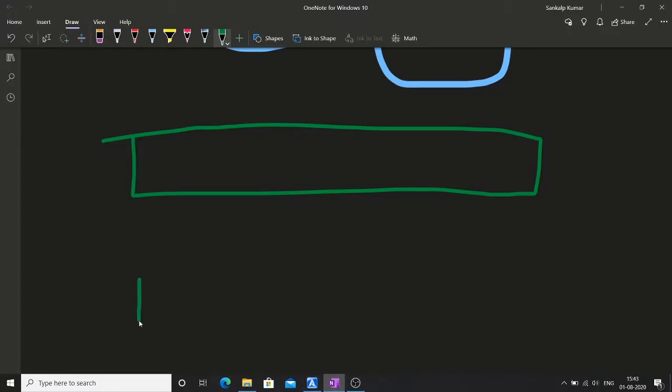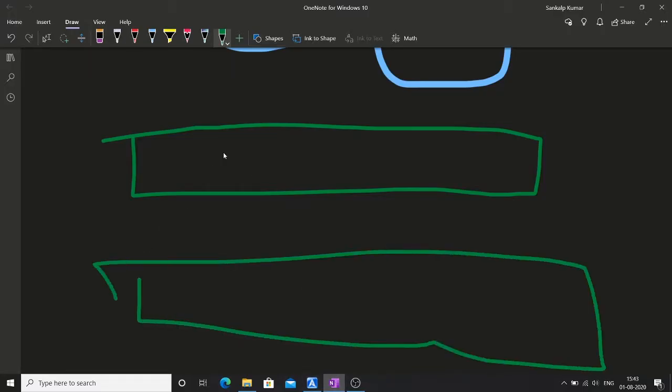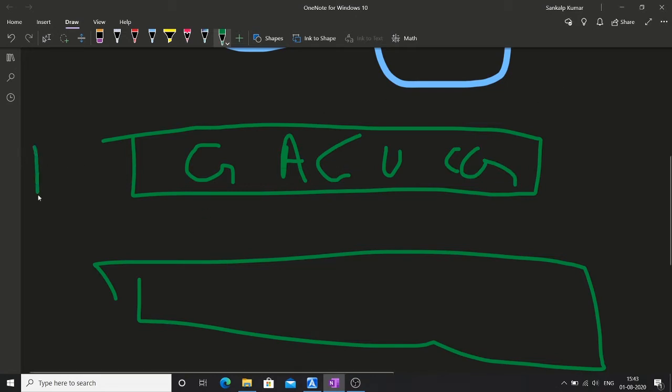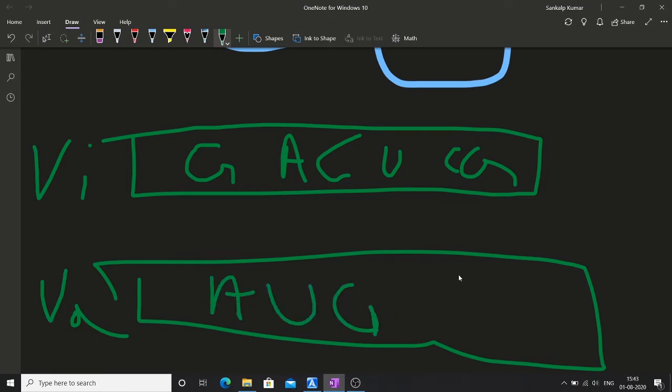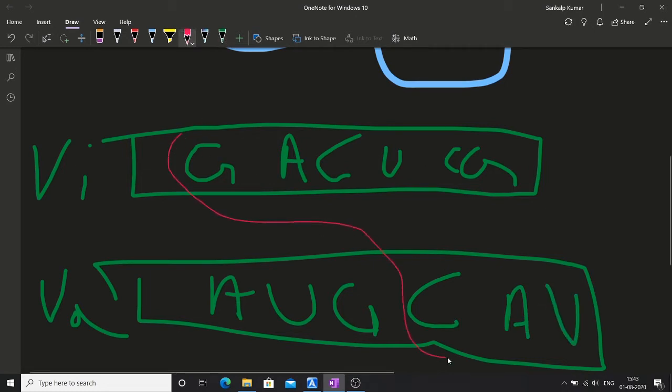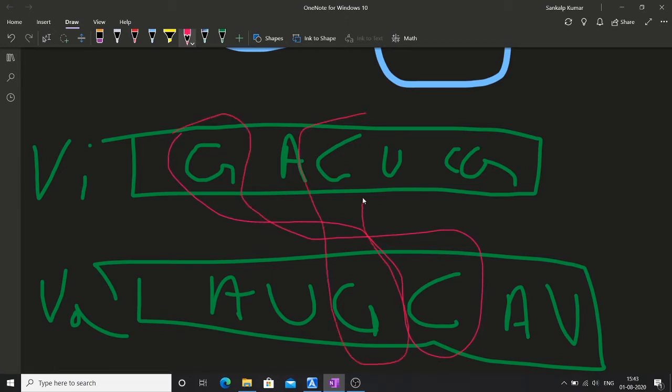Suppose you have G, A, C, U, C, G for the virus, two G's and two C's, and A, U, G, C, A, U for the vaccine. What you might have done is take this C for this G, and this G for this C, making a pair, and leaving the other C and G.